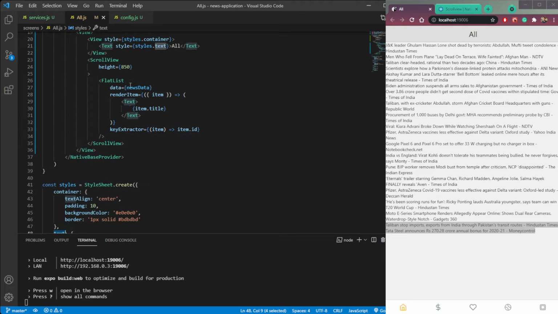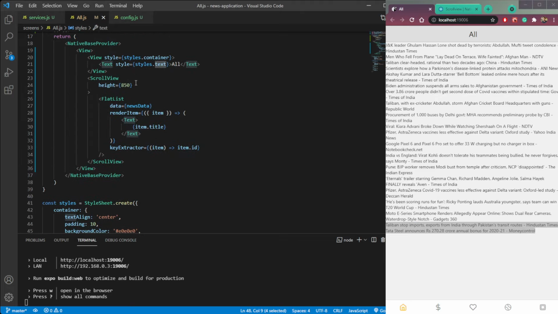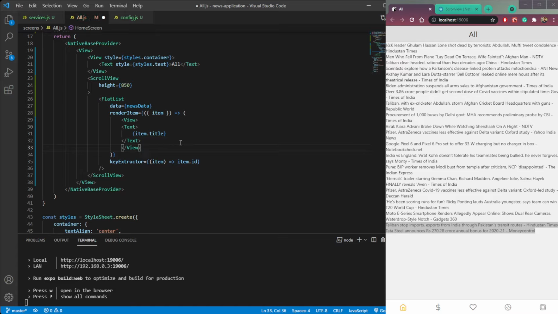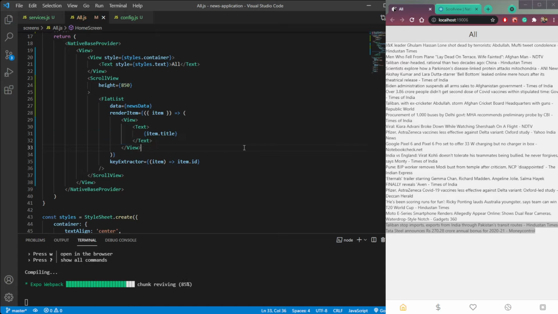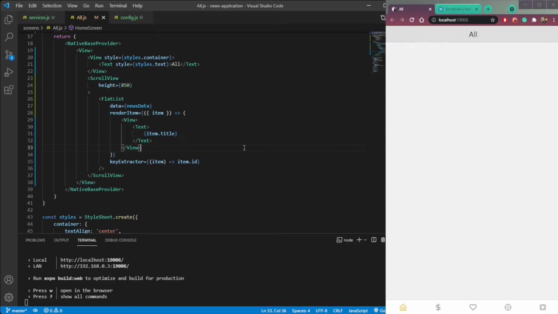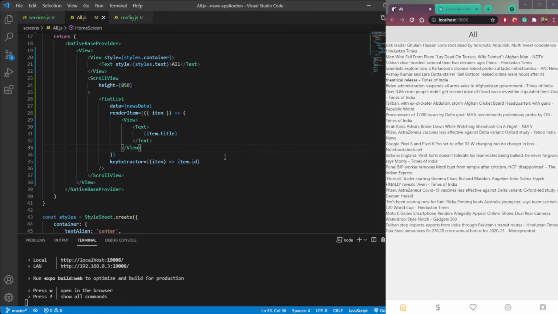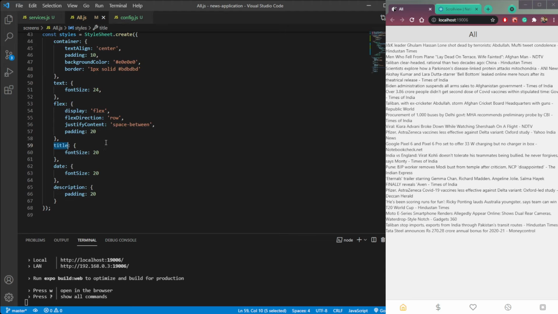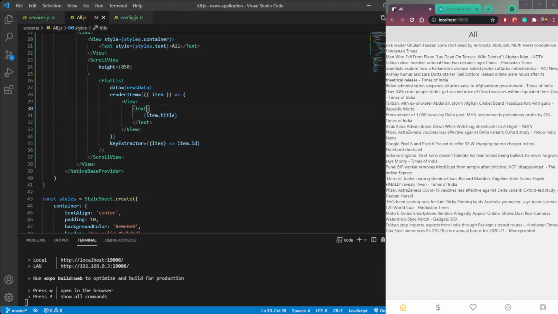So first we need to give it a padding. So wrap this text inside a view first. So view, then here also. Now we need to give this a style of a title.